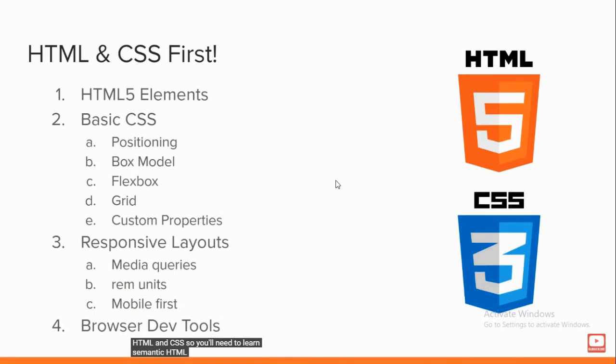In HTML, we need to learn the basic tags. Basic tags can be header tags, paragraph tags, and image tags. How to give links to other pages using anchor tags, and we have to learn some attributes like hyper reference, short for href, and we also need to learn some semantic tags.